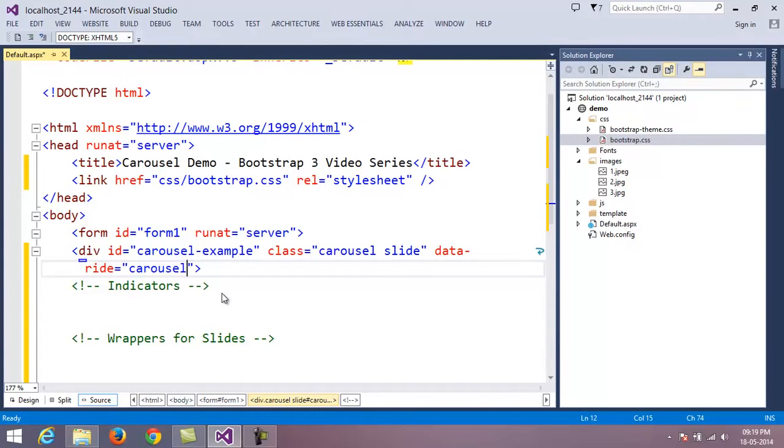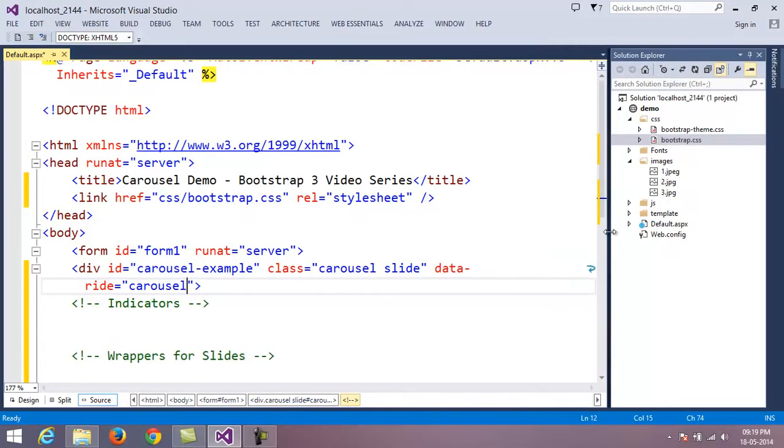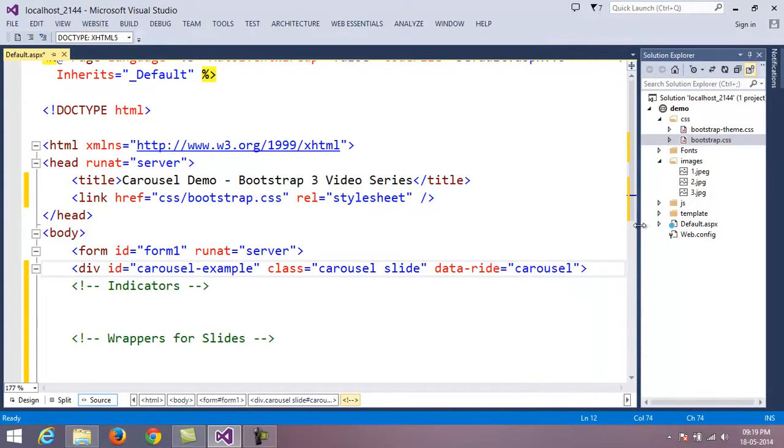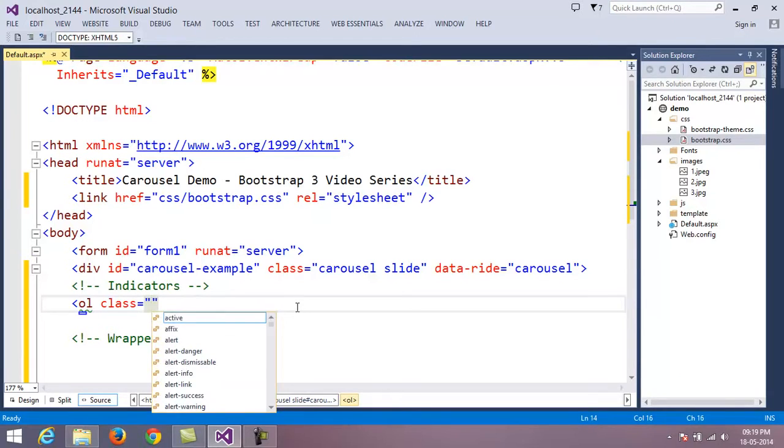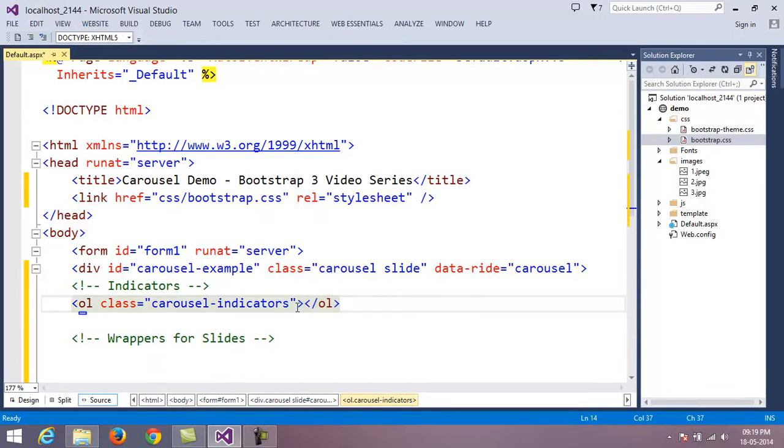Once we have done with this, let's provide the indicators which are required for us. In order to provide the indicators, let's take an unordered list. I take a class where I say carousel-indicators.